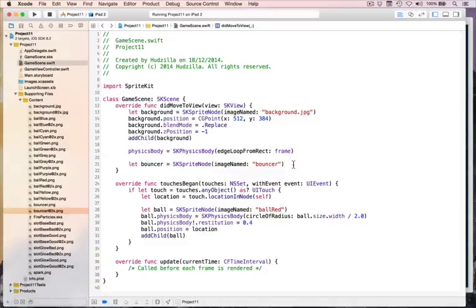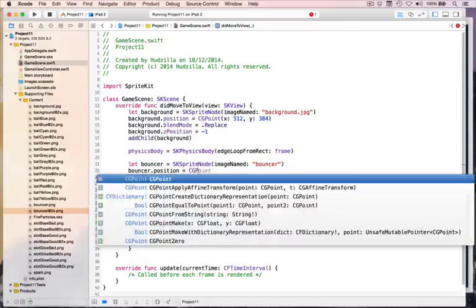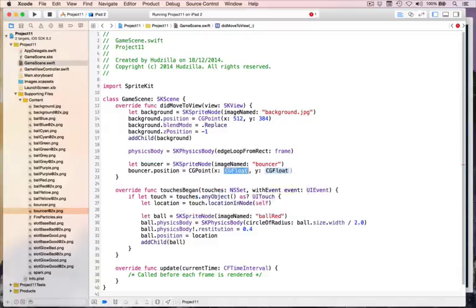So let bouncer equals SKSpriteNode image named bouncer. Then we'll position it on the screen. So we'll do bouncer.position equals CGPoint, and the point is x 512, y 0. Now remember, SpriteKit works with centers of stuff. This will center it at the center of the screen, just at the bottom of the screen here, because it's